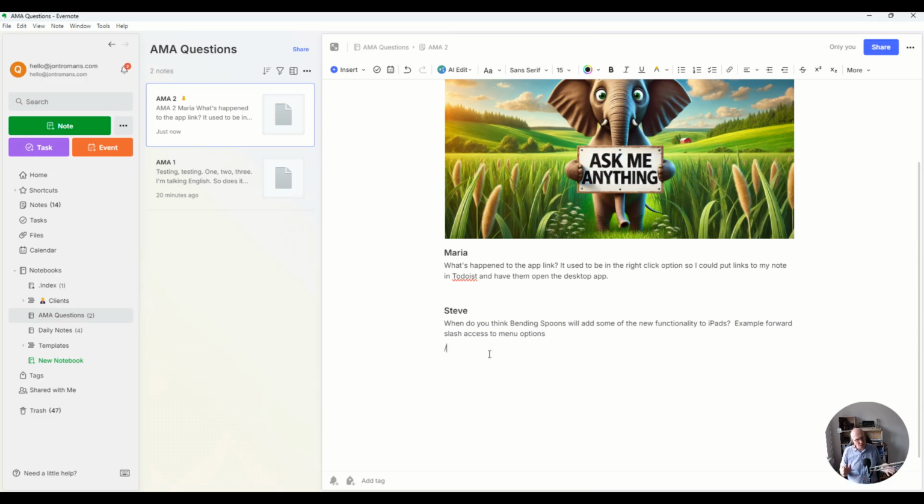There are a few things like the Daily Notes feature, which came out a few weeks ago. That was launched on all devices at pretty much exactly the same time. But things like the / menu and one or two other things, I think they will come. They'd be particularly useful on tablets, wouldn't they? Android tablets, iPads, anything like that. But also on phones, I suppose, could be useful. So I would like to see it happen. I haven't heard anything about when,